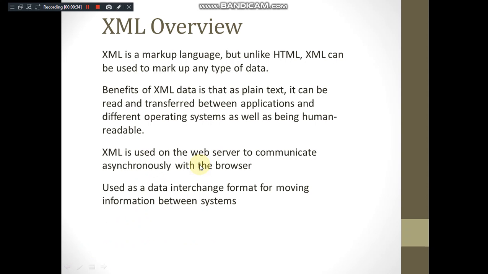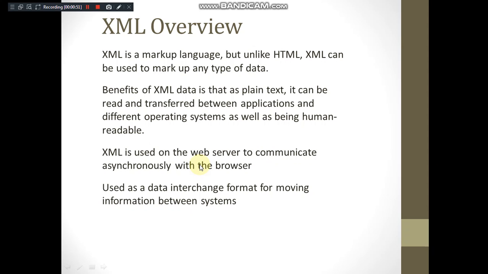First we'll look at the first section of this chapter, that is XML overview. The long form of this is Extensible Markup Language. It is also a markup language, but unlike HTML, it can be used to mark up any type of data.